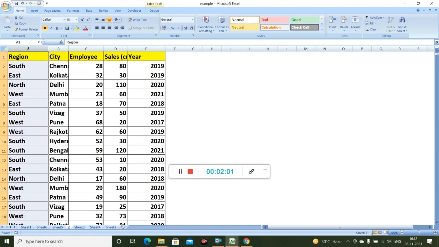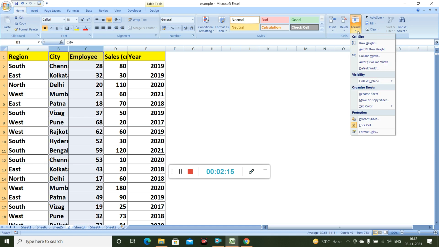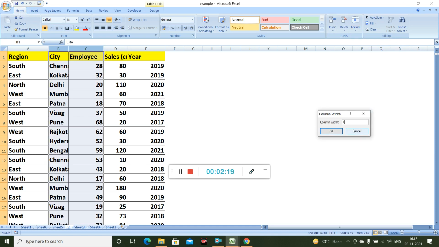Similarly, if I want to make changes in multiple columns, like the second and third columns, then I will select those columns, go to the Home option, click on Format again and go to Column Width, and from there I can make the changes, let's say 19 or 20, whatever value I want.